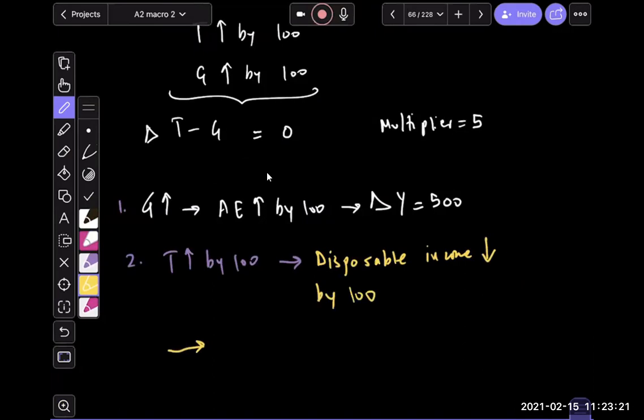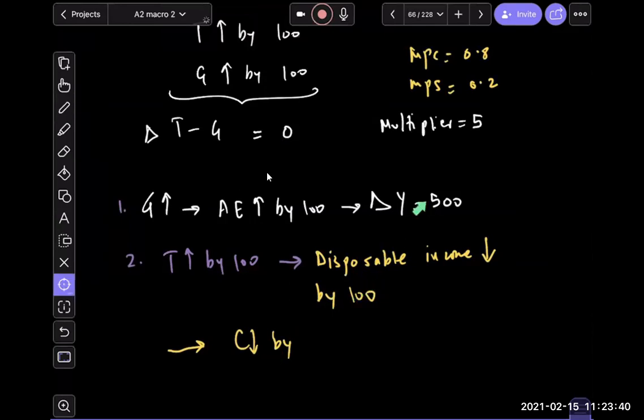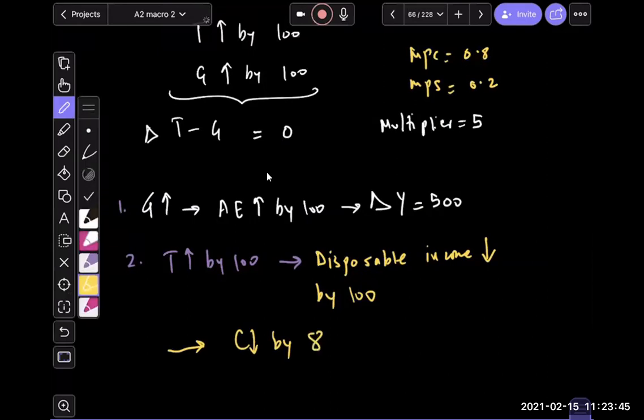If your MPC is 0.8 and MPS is 0.2, then when your income goes down by 100, consumption will fall by, anyone? Consumption will go down by 100 times 0.8, which is 80. And saving will also go down by 20, which would mean AE will now fall by 80,